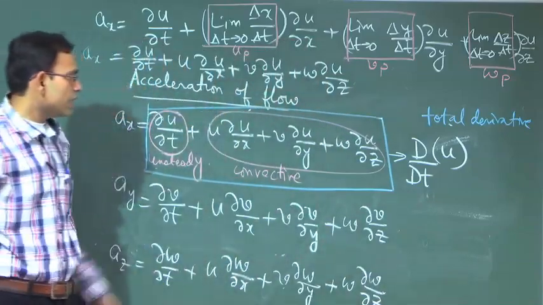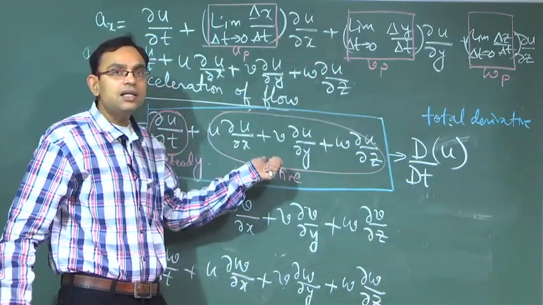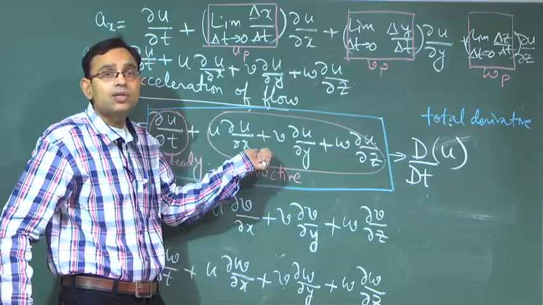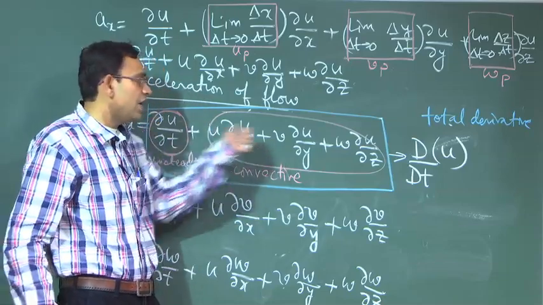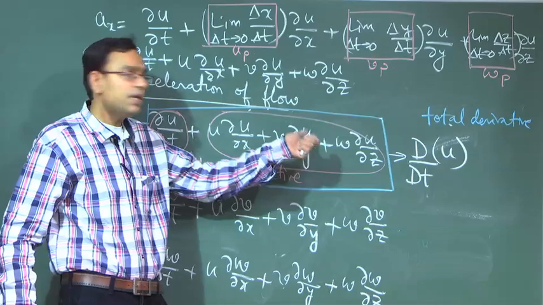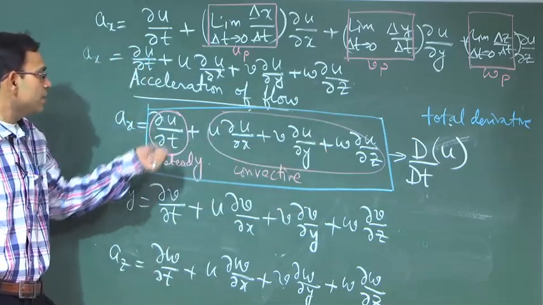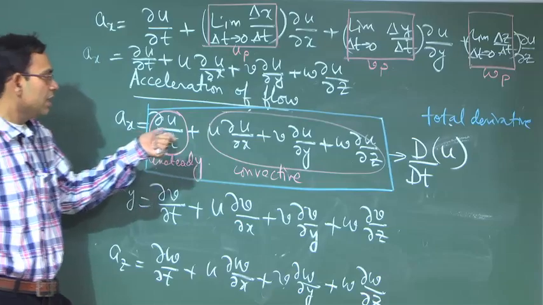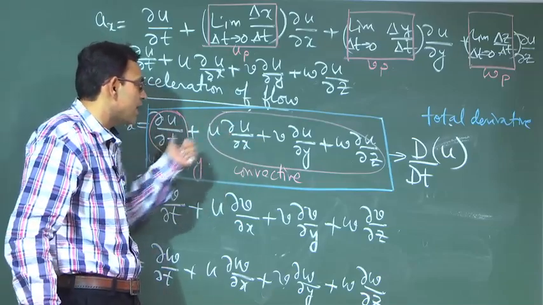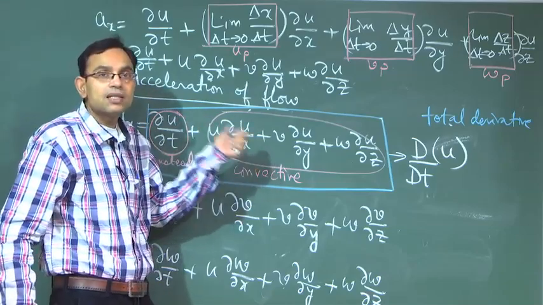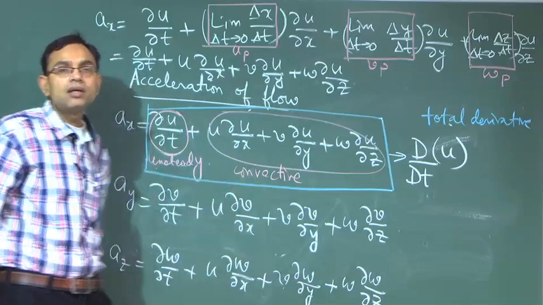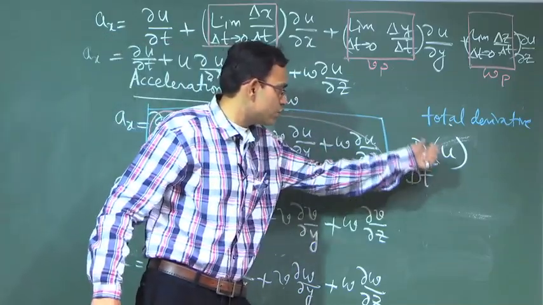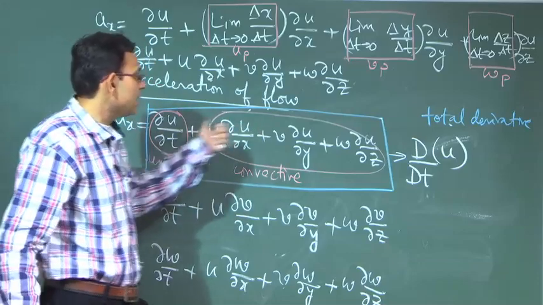Because it is a combination of these unsteady and convective components, and this peculiar representation comes into the picture because these are all Eulerian descriptions. Otherwise the acceleration would be simply du dt, but because it is an Eulerian description, the combined effect of time and position is coming up in this very peculiar way. So, this is just a shorthand notation of writing this